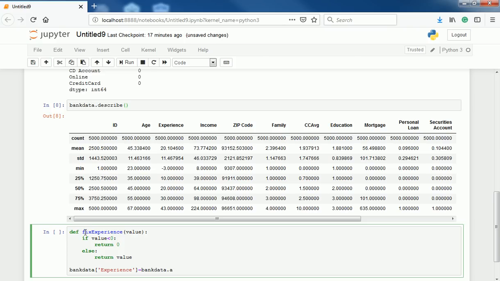So I'm gonna call that one, and then lambda, and I'm gonna apply to all the rows this function I just defined, fix experience, right? And then the value is the row of, all right, actually let me do this, experience,